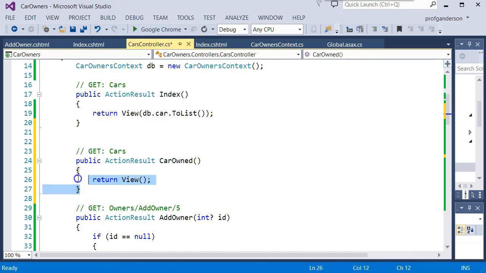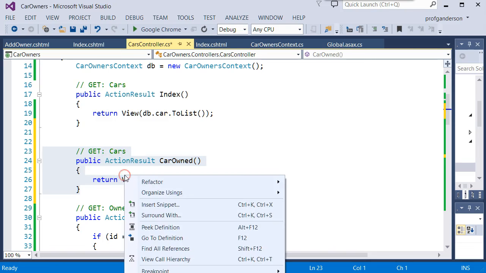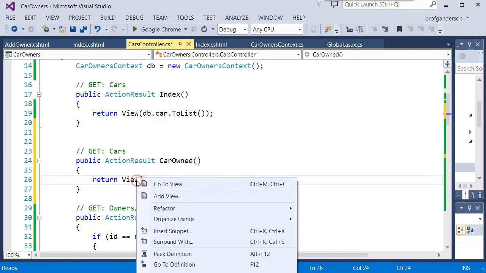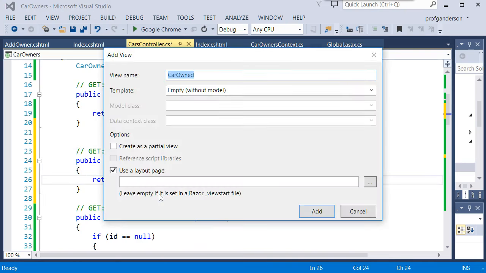So you're going to write this new action method called car owned, singular, and you're going to return the view for that. And then we just need to right mouse click in that action method for car owned, and choose add view, and we're going to leave it car owned and empty without a model,